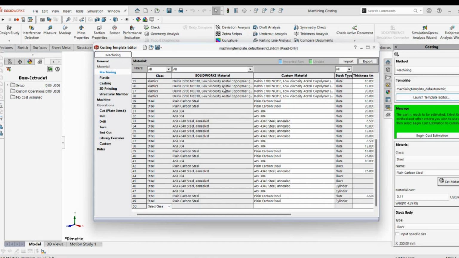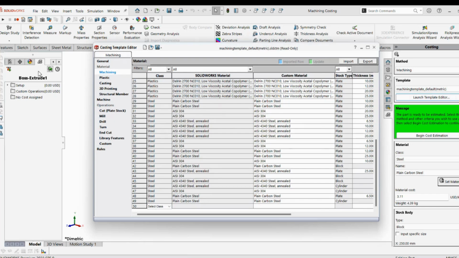Also, one thing you can note: whatever material I am adding from here, these material properties are also available in SolidWorks, because their properties are already added, like density,